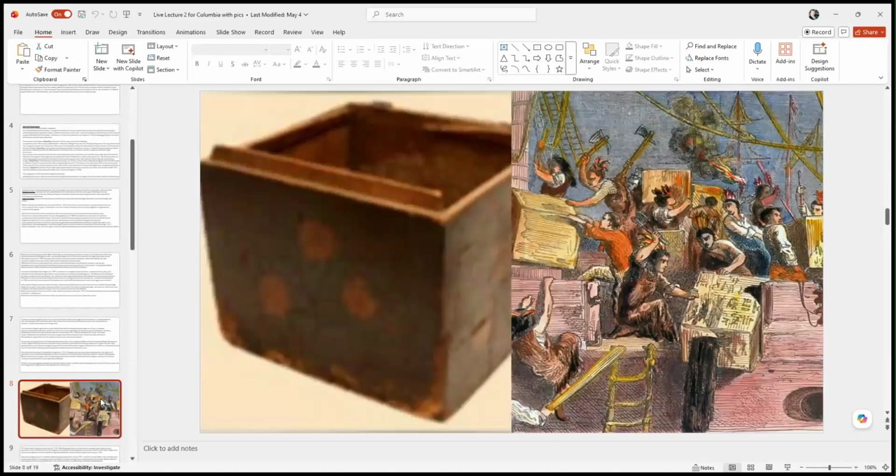Since nobody had a cell phone at the Boston Tea Party, this is an artist's rendition of what it may have looked like. The American colonists dressed up as Mohawk Indians. They went out in the harbor and chopped up these casks of tea. And this is actually one of 2 surviving boxes. It's in a museum in Boston. You can go see it. It's what they basically transported the tea in. And this was actually one of them that was thrown into Boston Harbor. Pretty amazing they still have it. But that's the Boston Tea Party.